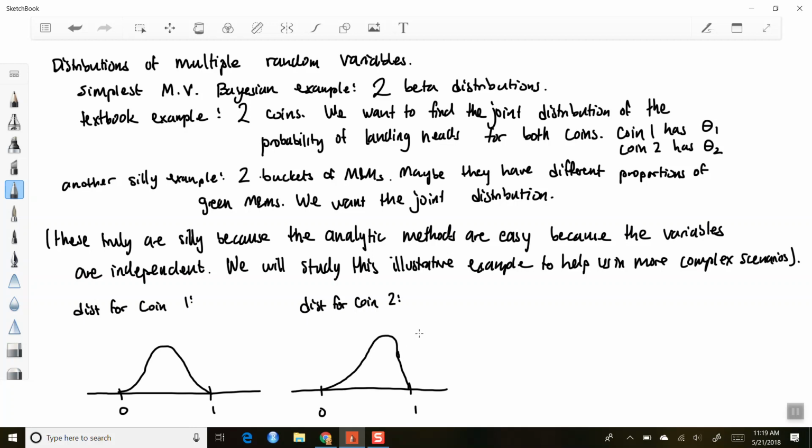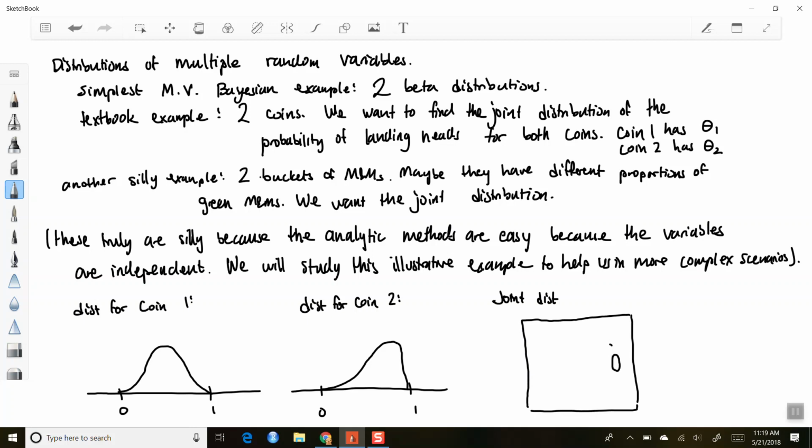Let me draw that. And thus the joint distribution, just being a product of the 2, may look something